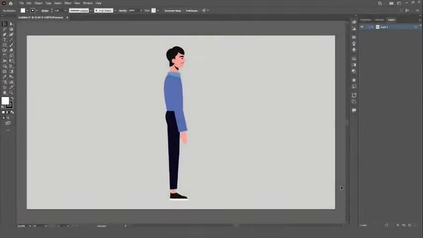First, open your 2D character file in Illustrator. Once it's open,